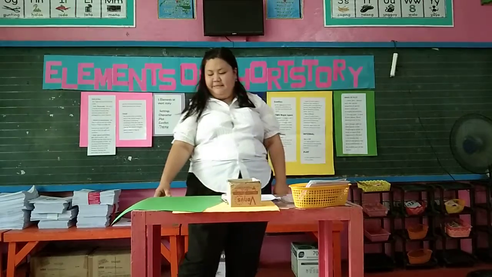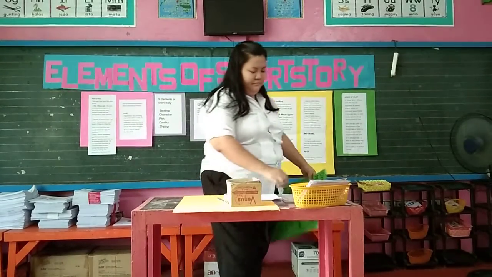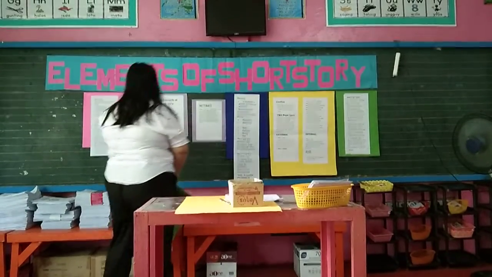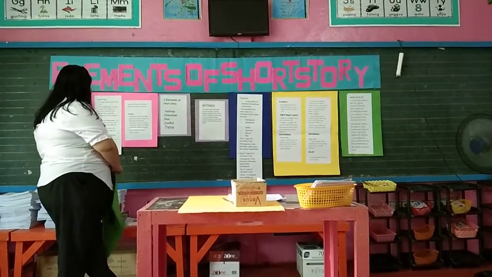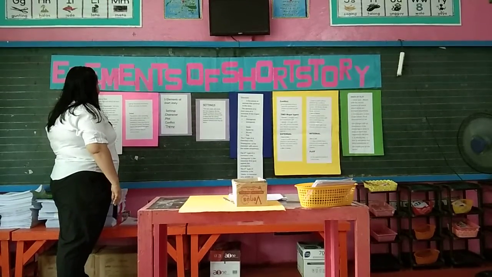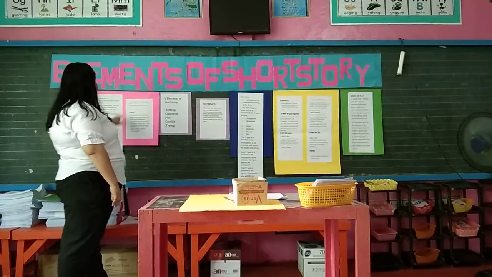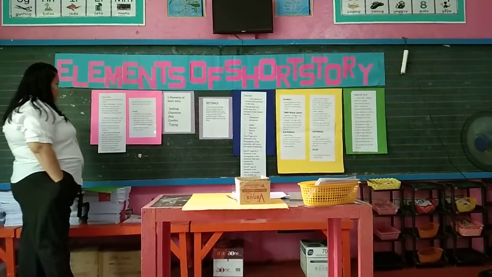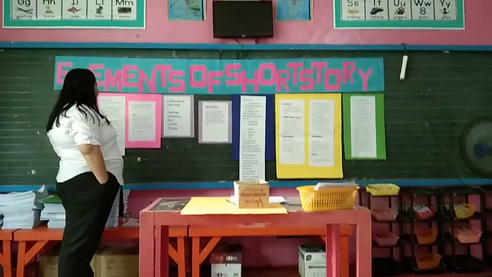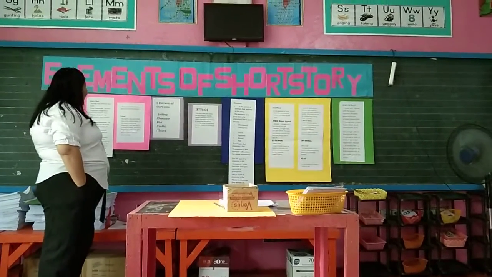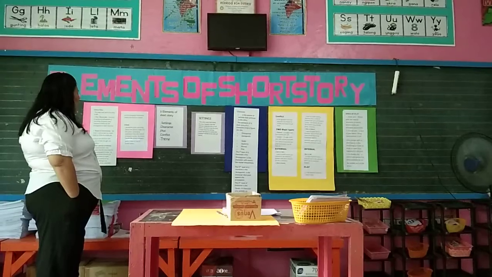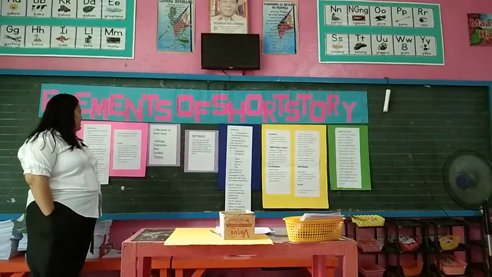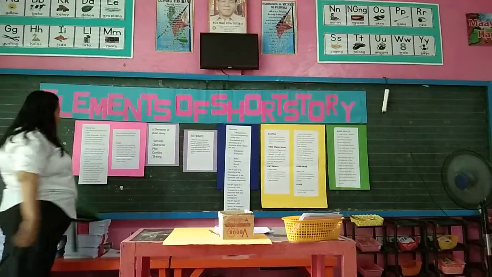So, the last is theme. The theme is the controlling idea or the central insight. It is the author's underlying meaning or main idea that he is trying to convey. The theme is the author's thoughts about the topic or view of human nature. So our next,